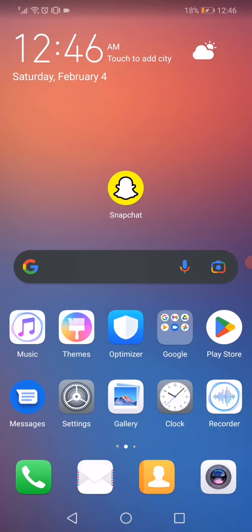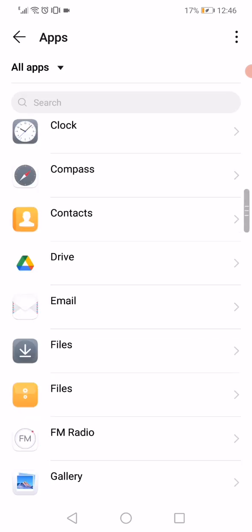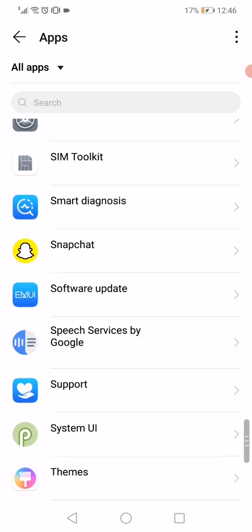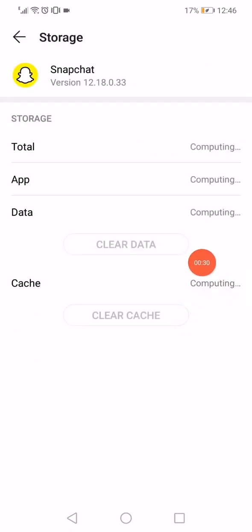Hello guys, so first thing you want to do is go to the settings on your phone, open the apps manager page. On this page you will find every single app you have on your phone. So all what you want to do is wait a few seconds and then scroll all the way down until you find Snapchat. Click on Snapchat like this, and now click on force stop, click on the storage right here